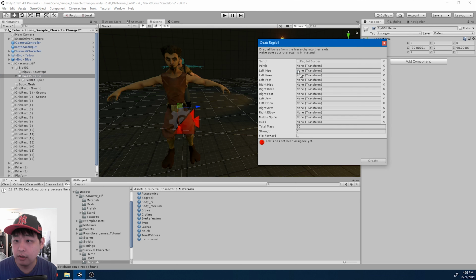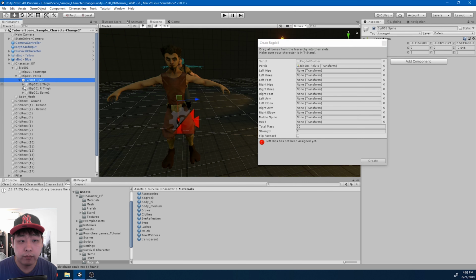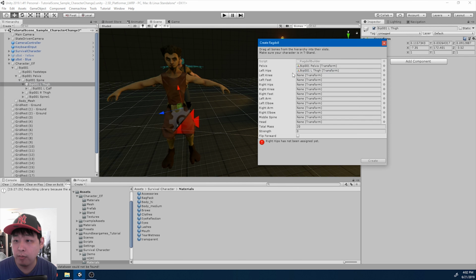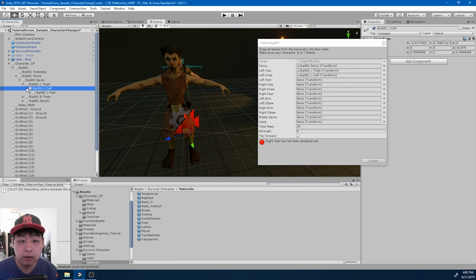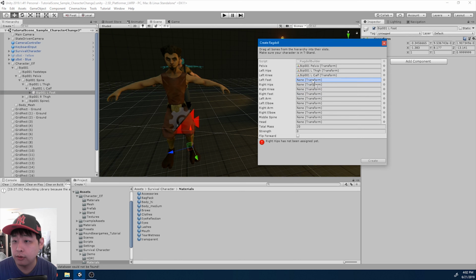So pelvis goes into pelvis. Thigh is the hip, calf, knee, foot goes into foot. Same thing with the right side, thigh,